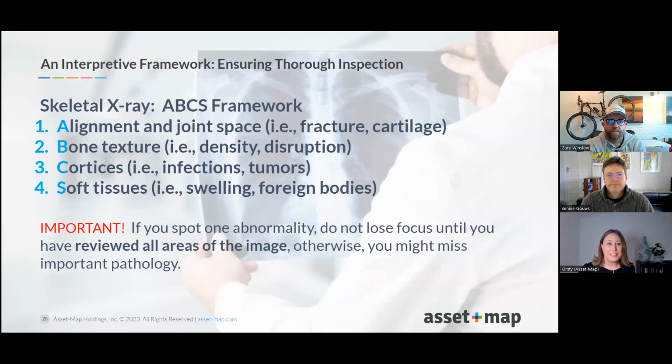I like this framework. It's actually the framework used by radiologists. It's called the ABCs. And the idea behind it is you go through each one of these steps where you look at alignment and joint space and bone texture and cortices and then soft tissue. But what I really liked about this framework is that there's a principle behind this that says, if you start